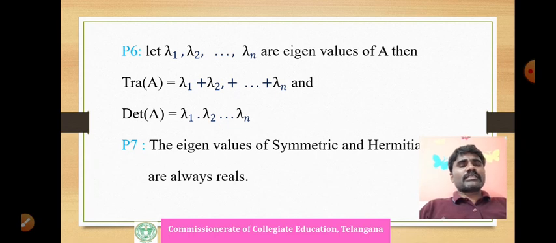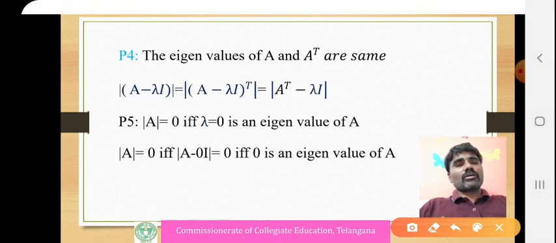For this proof we consider the determinant of A minus lambda I for an n by n matrix and simplify it. The determinant of A minus lambda I is a polynomial of degree n. We consider the coefficients of lambda power n, lambda power n minus 1, and so on up to the constant. The constant will become the product of the